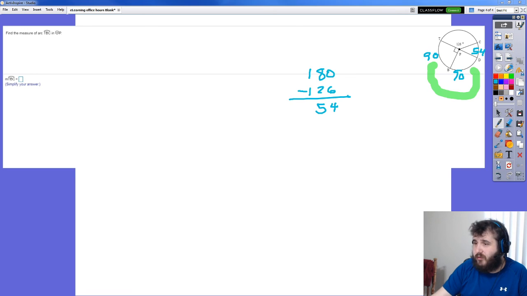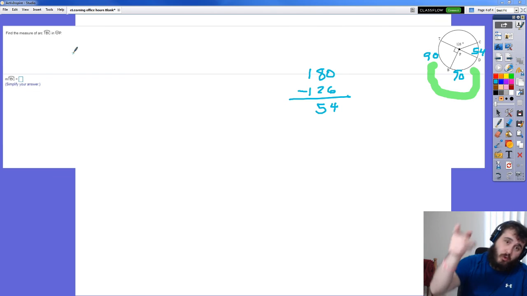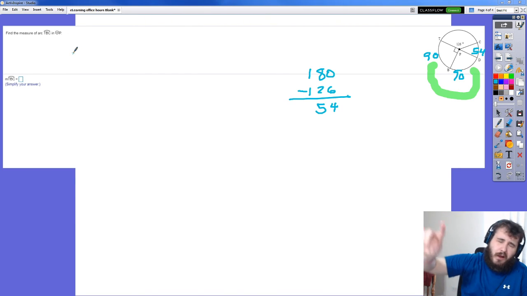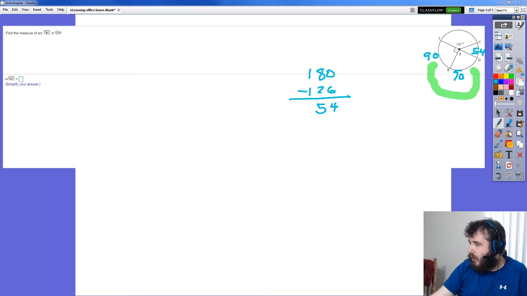It's not exactly the same because they want a different piece, basically. Does that make sense? It's based on the directions. If you look at the directions here, they want arc TBC. The 3 letters means that it's a major arc, so we're going the long way around the circle. So we need to catch all the pieces going the long way around. But the one that, number 4, this one,